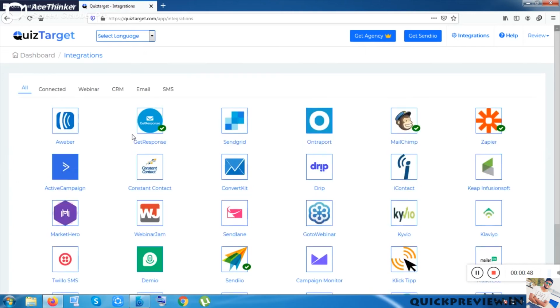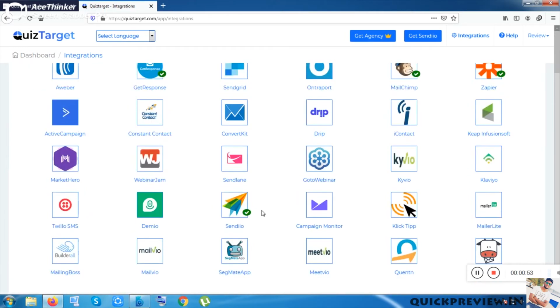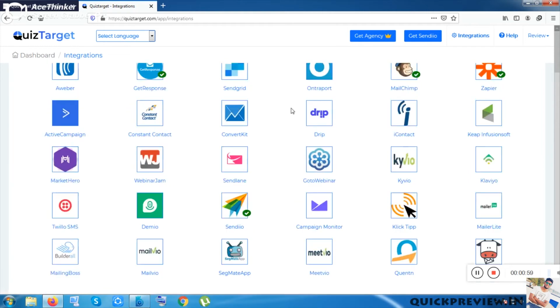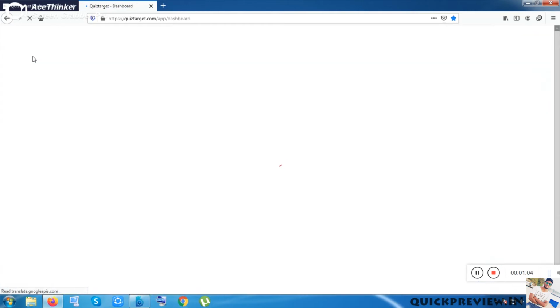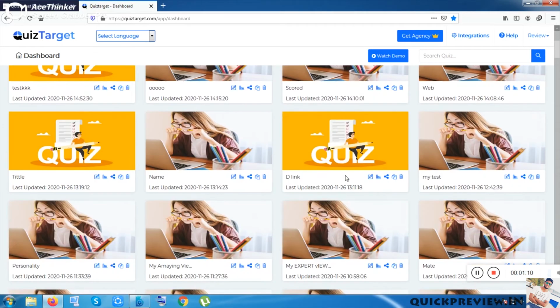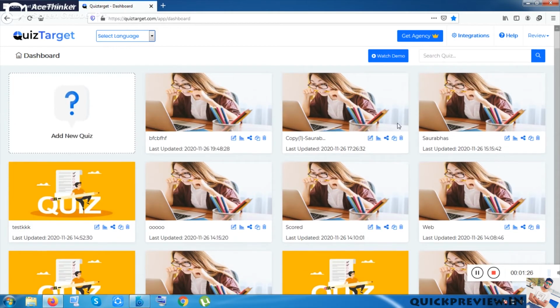They are giving 30 plus auto-responding integration features, and you can also get all of the popular integration features inside it, and you can run a quiz campaign easily with this tool once you have bought it. Okay, if I can show you, they are giving this kind of facility: social sharing facility, pop-up facility. You can run it as a pop-up window on your website, or your social media handles.